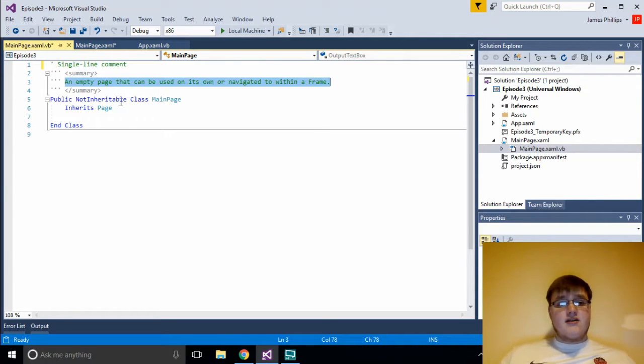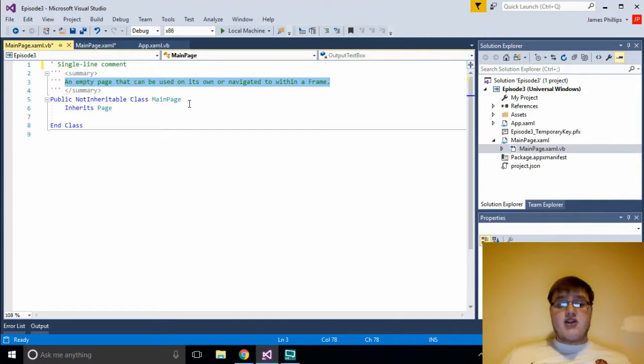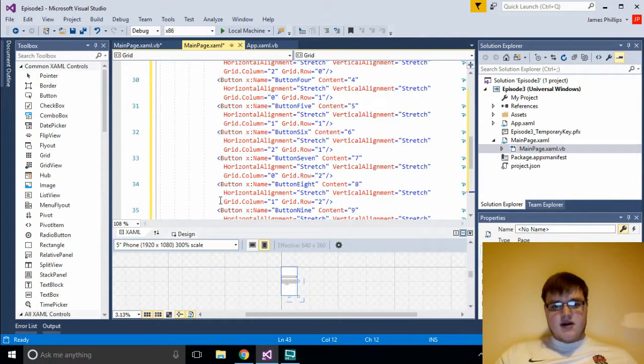Here we have a public not inheritable class, and you'll get this in C# as a public static class. And it's called MainPage. It inherits from the Page class. It's a page called MainPage. Let's give this summary something to read. We'll call it the main page for calculator. Now we can see that the markup here